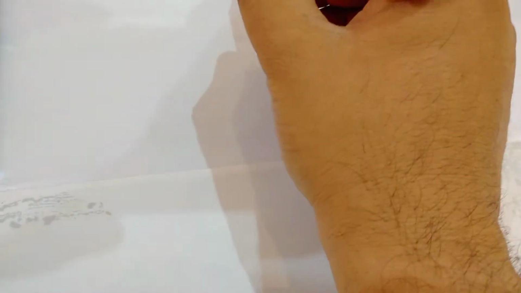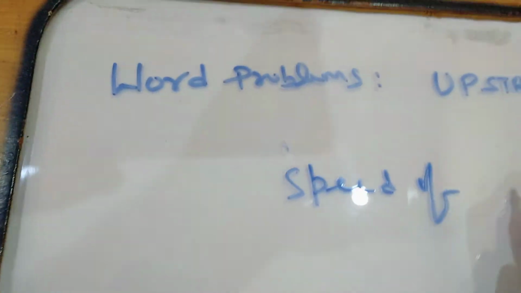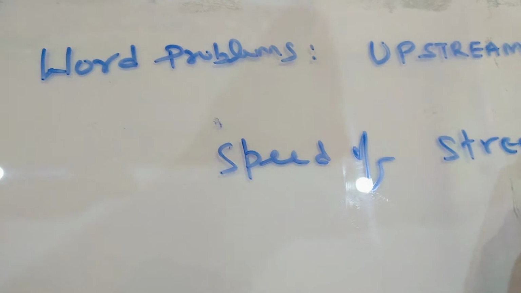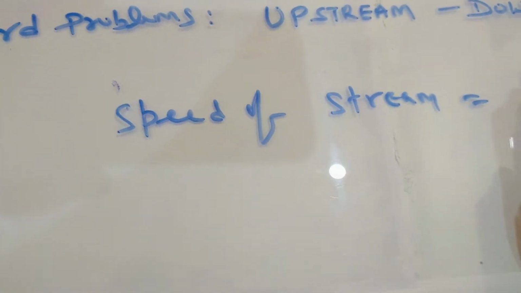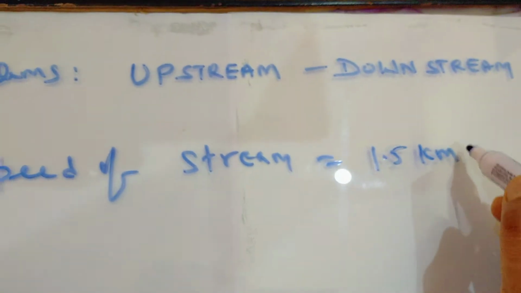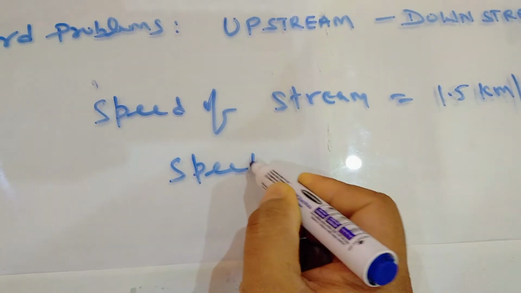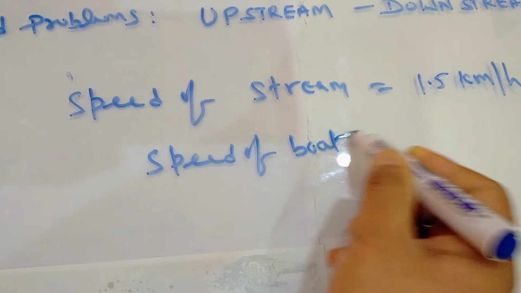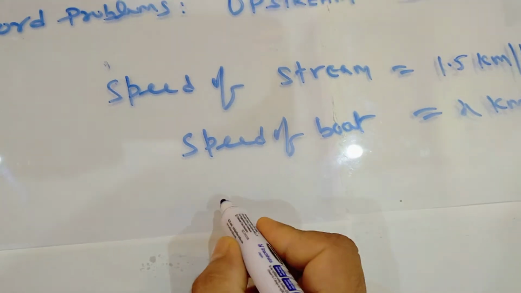So student, in this question two parts are given. The first part is speed of stream. It is already given in this question. It is 1.5 kilometer per hour, and speed of boat we have to find. Speed of boat we can assume it is x kilometer per hour. This we have to find. So